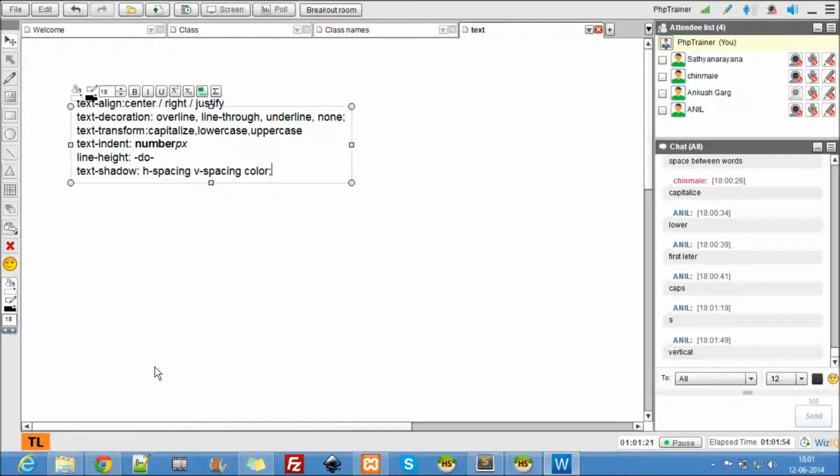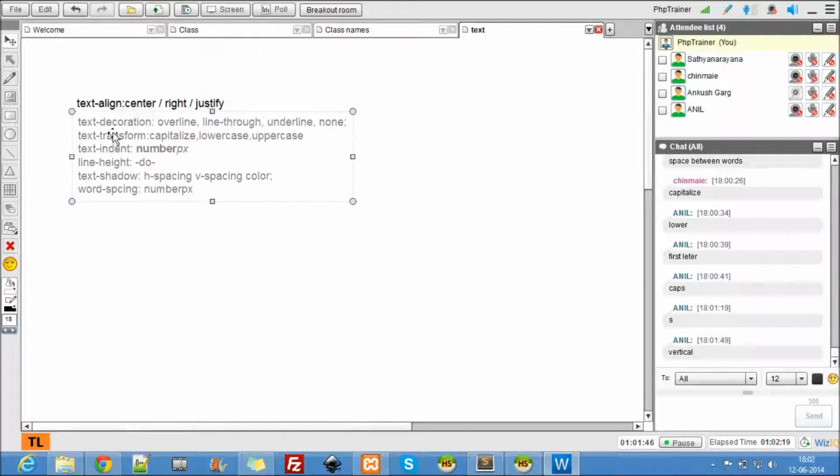Line height is done, and we had word spacing, again it is nothing but a number and pixel. Did we miss anything here? Indent is done. That's it. So these are the text properties.